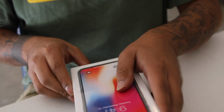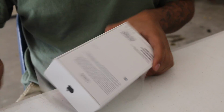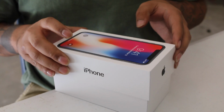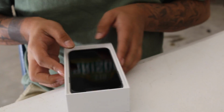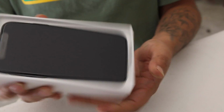So yeah, of course you got the original iPhone branding all around the box. You got the Apple logo, all that good stuff. I did go with the space gray, and of course they have their beautiful box as always. They never skimp out on packaging, that's for sure. On the front, we got the usual design by California, all the manual stickers and all that good stuff. Under that, you have the phone, and as you can tell, the screen takes up all the real estate in the front,